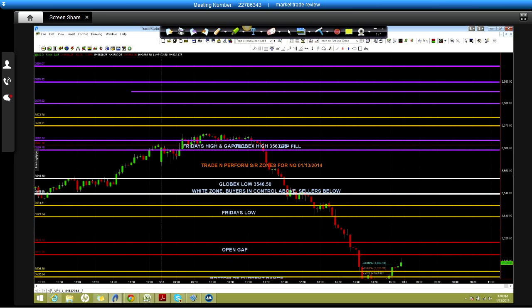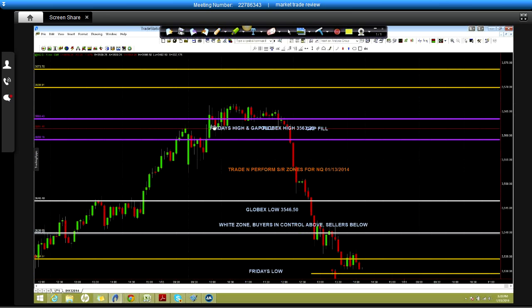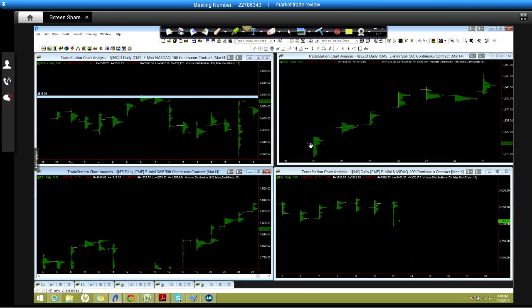I had mentioned NQ got above Friday's high, right? And I said the key there was if we got below 35.60, that we would most likely trade to the other end of the range, right? Well, where's the other end of the range? Well, let's go look at the volume profile charts to figure that out. It's a lot easier looking there than it is here. So on NQ,